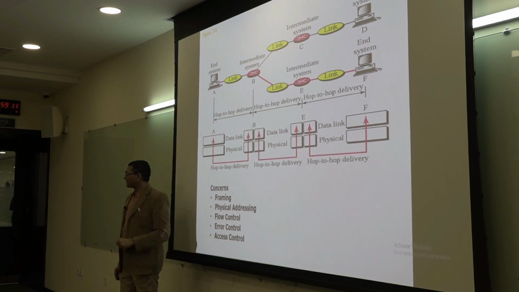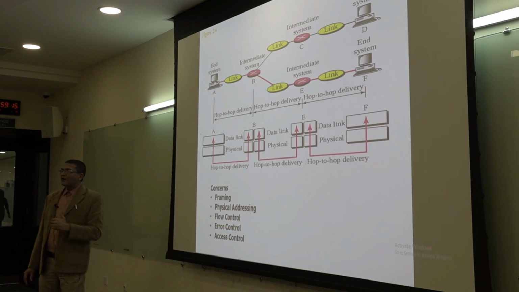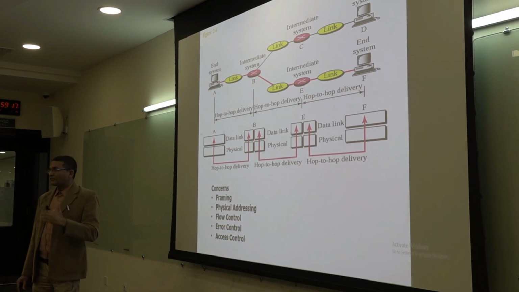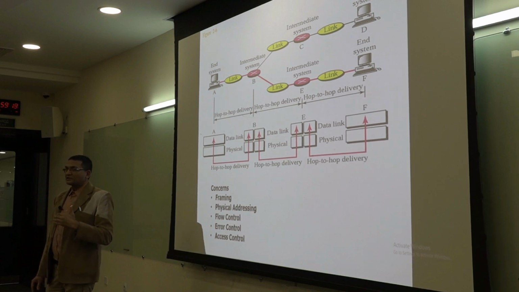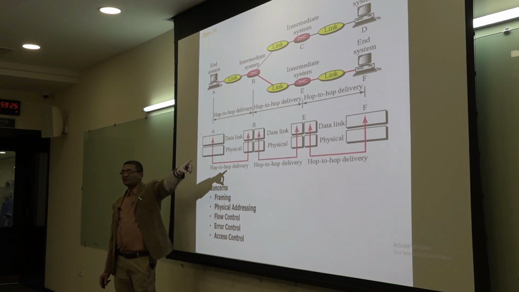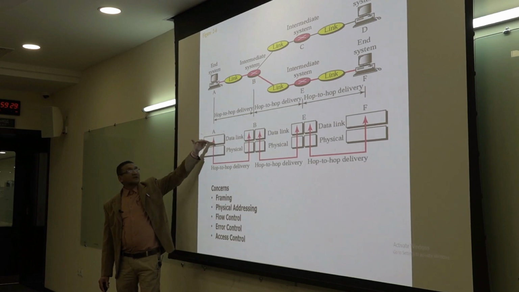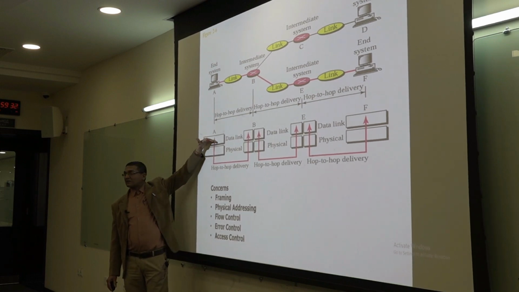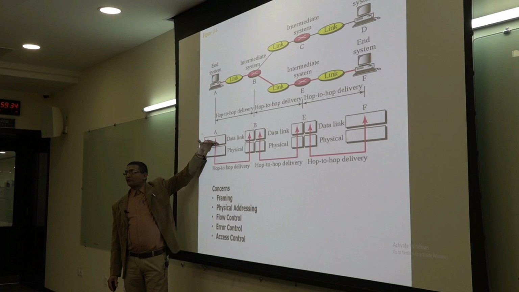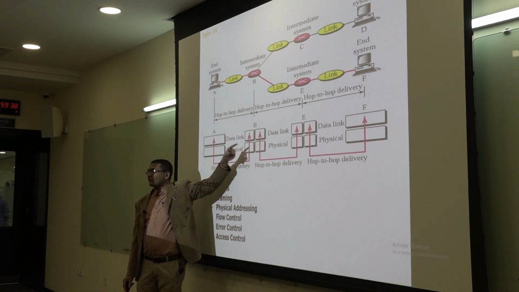Then physical addressing. Physical addressing means finding out the physical address, the MAC address, of the next machine. That means if this machine wants to send the data to the receiver, then it is the responsibility of this machine's data link layer to find the MAC address of this router. Now how is this done? If I want to send a message